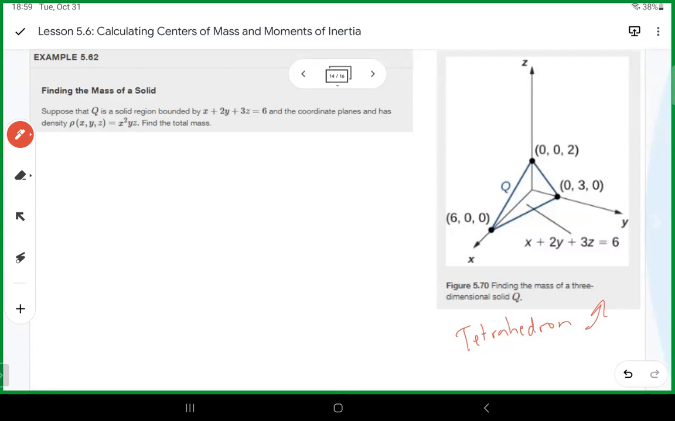To find the limits of integration, we're going to let z equal 0 in the slanted plane. Then that will give us z equal to 1/3 (6 minus x minus 2y). Then for x and y, we find the projection of Q onto the xy plane, which is bounded by the axes and the line. So the mass is